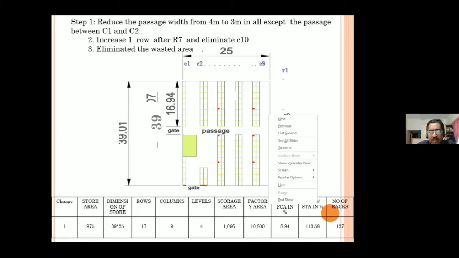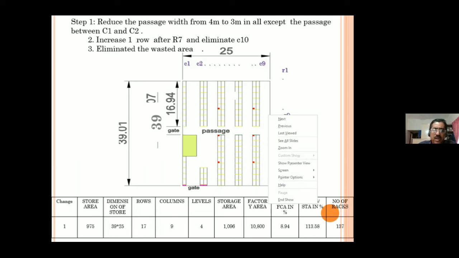Here, in this case, instead of closing this gate, we make a kind of shuttering so that about 3.1 meter gate is widely open, and the balance 1 meter goes to form another rack.